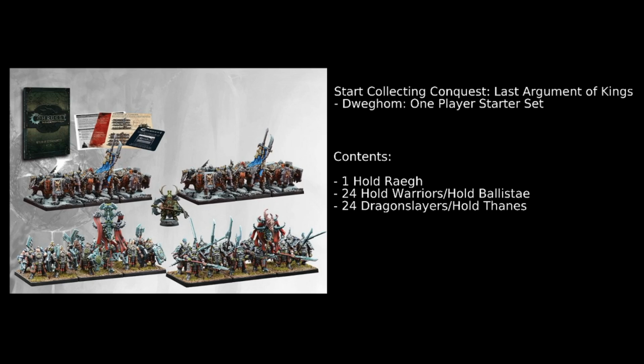Speaking of hold stuff, we actually only get 2 kits in this box, but both kits are a dual kit. The first one, we get 24 Hold Warriors or Hold Ballistae. Now, Hold Warriors, they are a medium class infantry type units. They have shields, so they've got a defense of 2 base, but 3 when they get attacked from the front arc. Clash 2, 1 attack, 1 wound, resolve 2, and Tenacious as well for a special rule, where each time